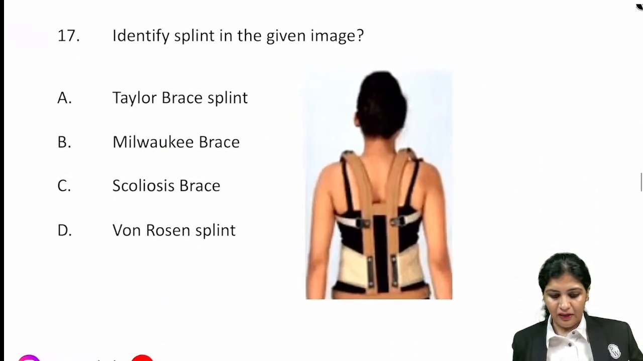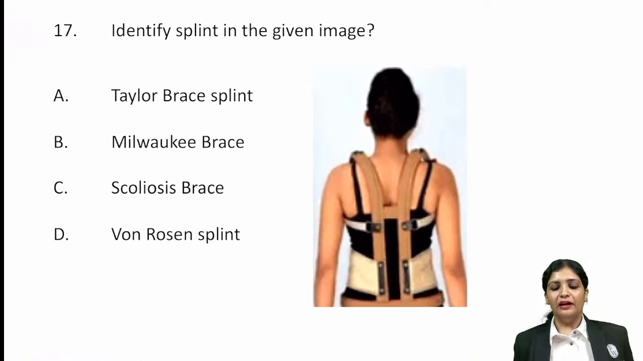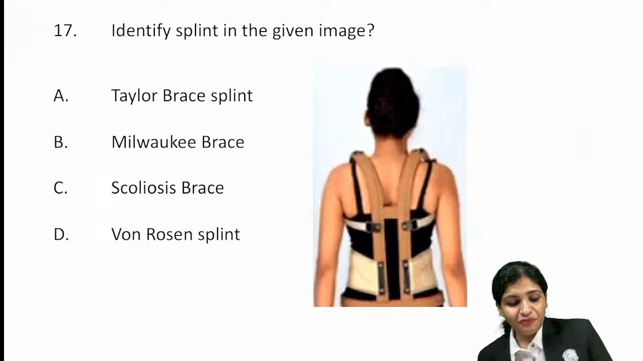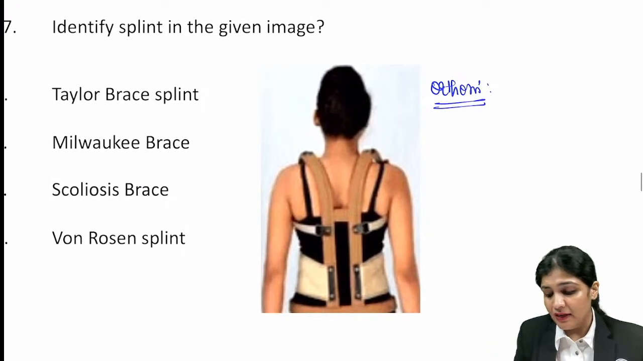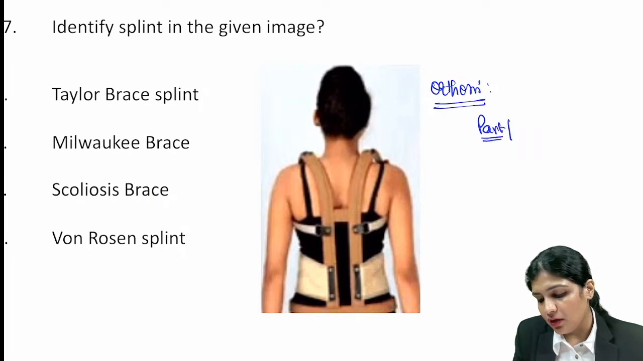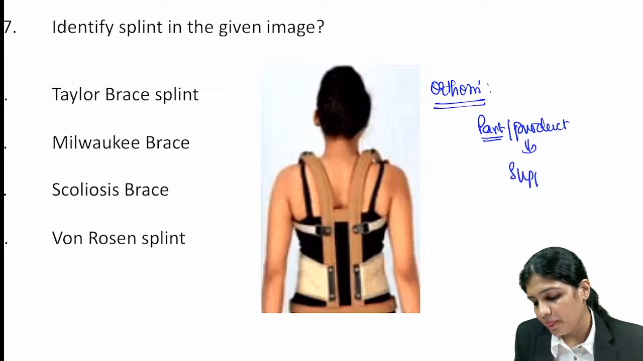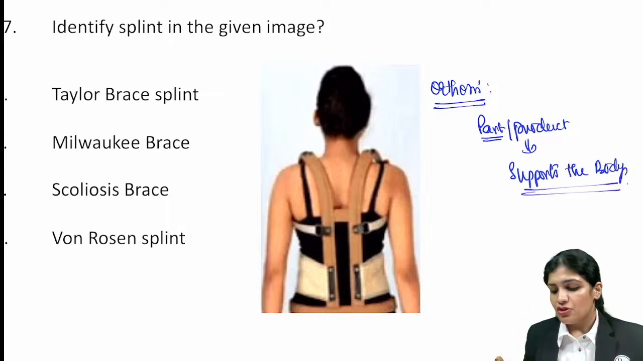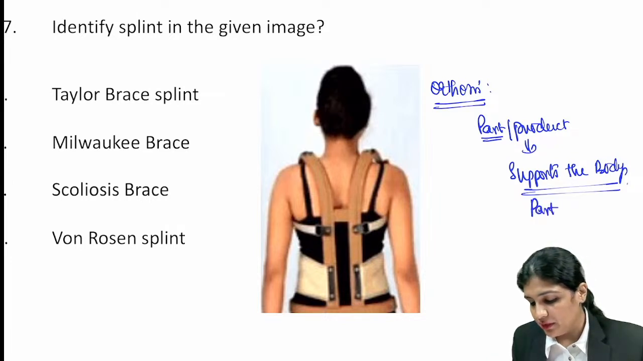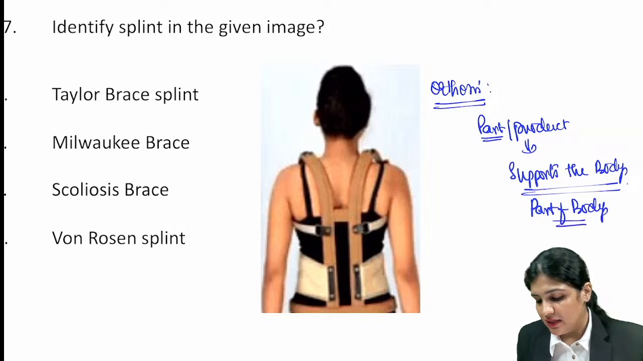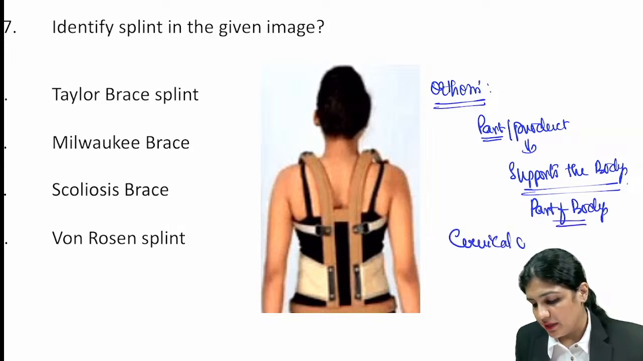Now let us see again an image based question. So here you have to identify this splint. So before identifying this splint, let us understand a little bit of the orthosis. So what is an orthosis? So orthosis is a part or a product where it supports the body, right? So here, depending upon this support which is given to that particular part of the body, it is named as the cervical orthosis,